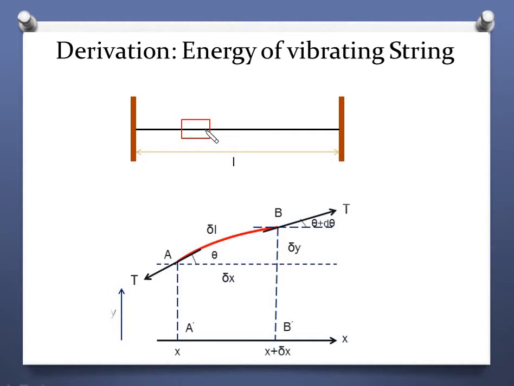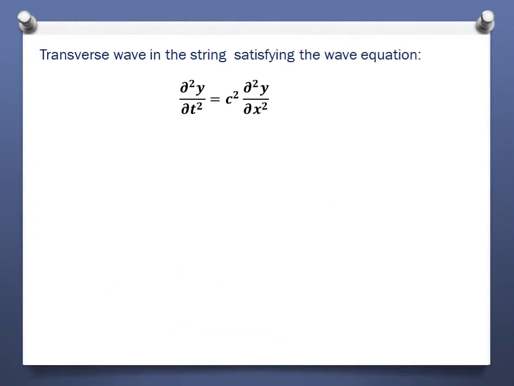So let's try to find out the expression for that. This is the wave equation satisfied by a transverse wave in a string. I have derived this expression in lecture 1. C is the velocity of wave in the string, y is the displacement. If you solve this wave equation for the case of a string fixed between two ends, you will get this